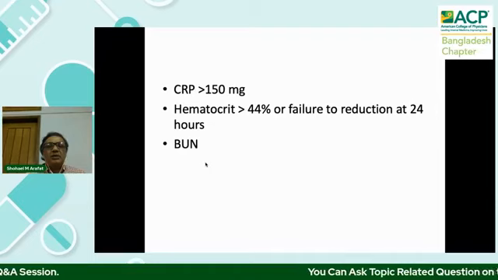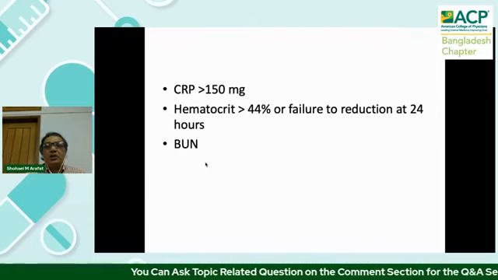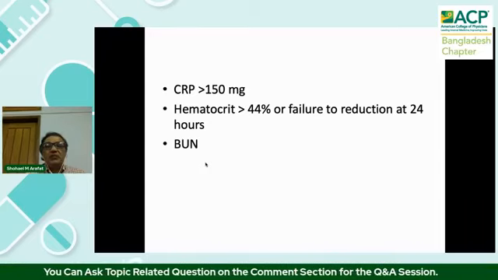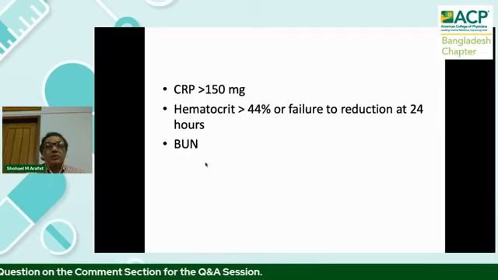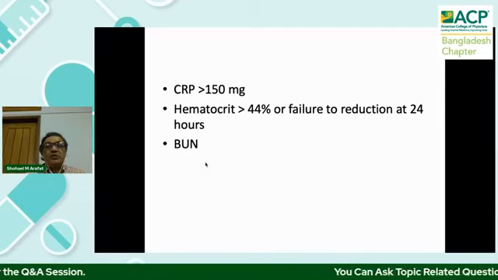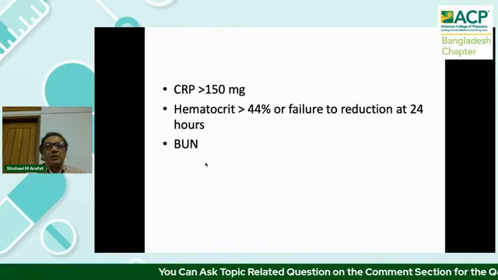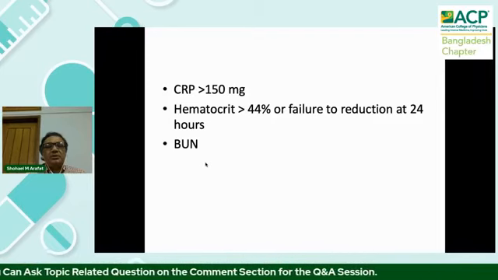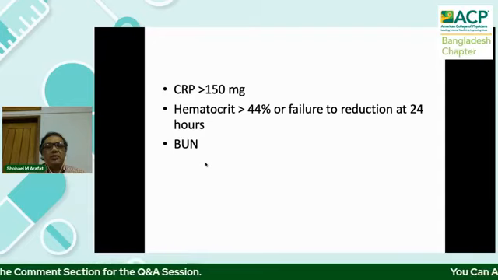So the higher the CRP, the more severe the pancreatitis. Similarly, the hematocrit: if it is more than 44%, or fails to reduce at 24 hours, that is a harbinger of a bad prognosis of severe pancreatitis. This is something we really use in dengue fever as well. So this is another important area, which plays a very important role in assessing the severity and managing the